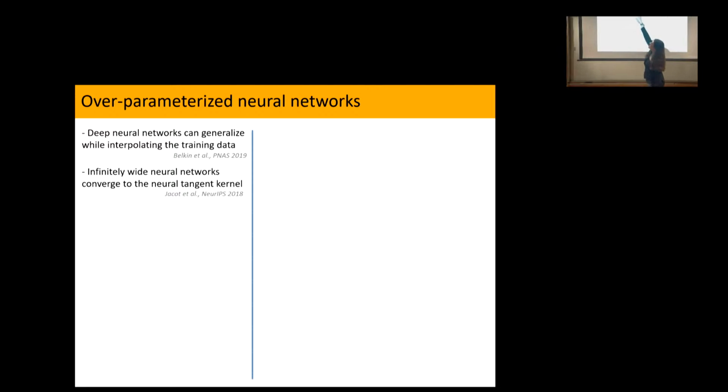So he has had, with co-authors, this work on, we all have seen that neural networks have become very successful once they were large enough. In fact, they had many more parameters than the number of samples, right? So they can all be trained to zero training error. And the question was, how can they generalize, although they're trained to zero training error? And so he had this work where he shows that you can still generalize, although you're interpolating the training data.